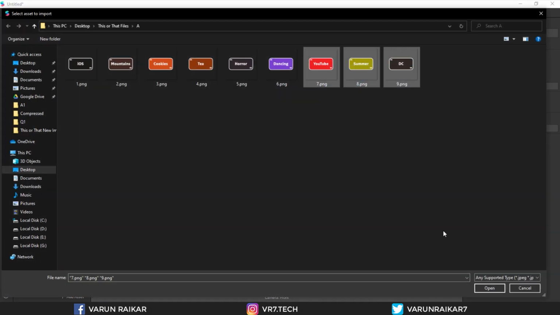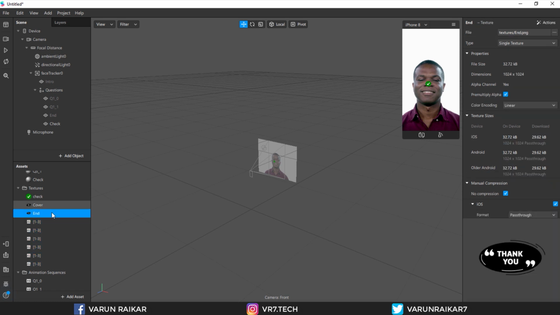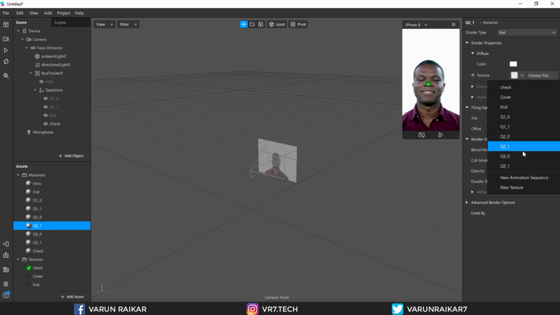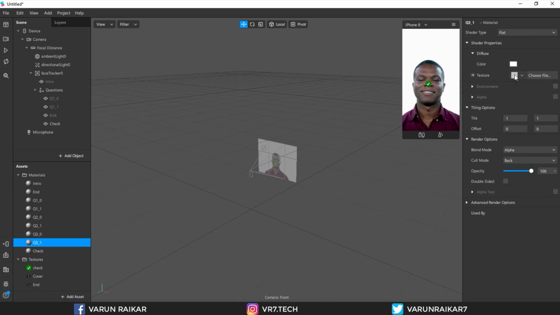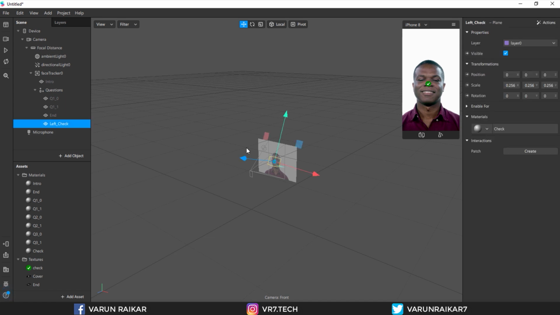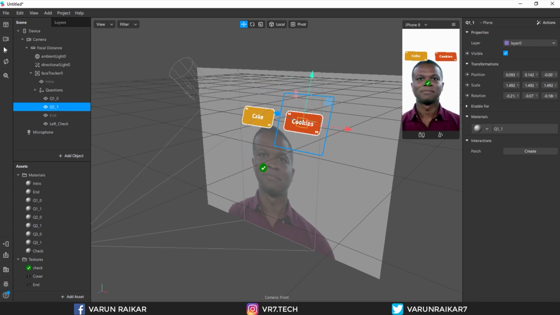Once you have chosen all the questions, select those textures and make sure no compression is enabled. Now I'll assign the animation sequence to each of the materials. We need to have a left check image and a right check image.